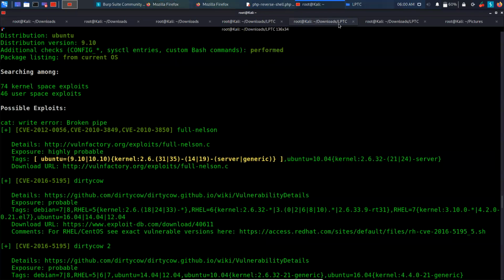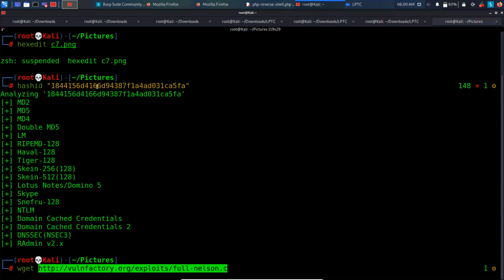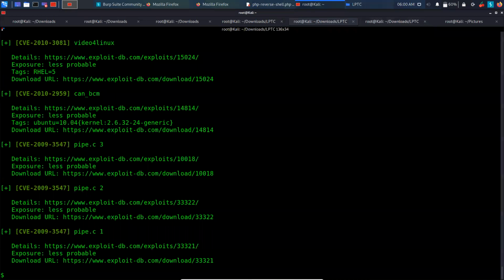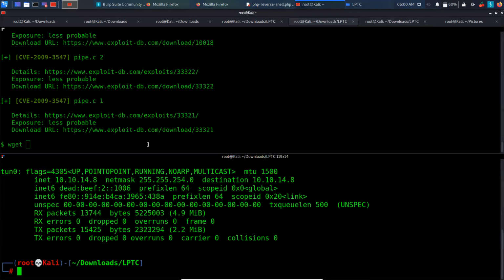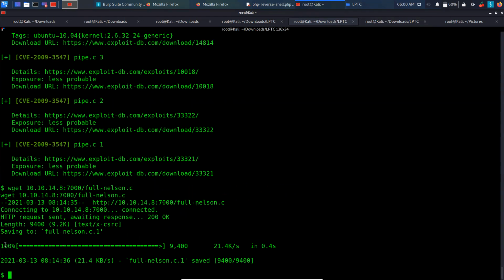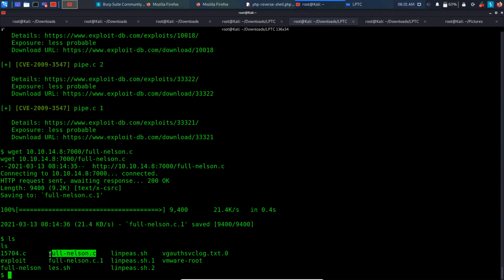We will copy it. We will go to our terminal. We will head over to here and we can see I have already copied. Nothing you have to do. You just need to type wget and space and supply the URL. I have it already available over here, full Nelson. So we will go back over here. We will say wget. We'll find our IP. So we saw that we copied full Nelson and somebody also did this before us. So full Nelson is already available.